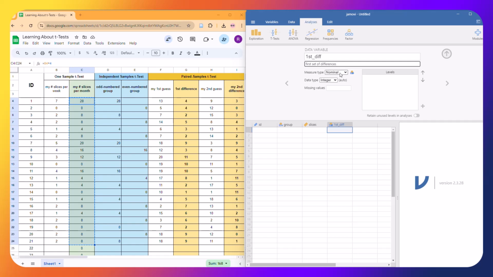All right, and of course that would be continuous integer, and I can simply do right there a new data variable, and we have second diff, which would be the second set of differences. So now I'm able to actually copy all of the data that I need from the spreadsheet,